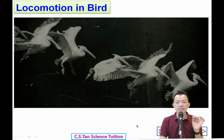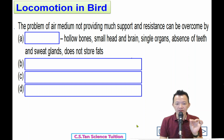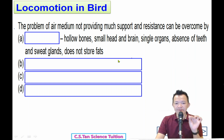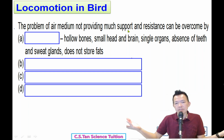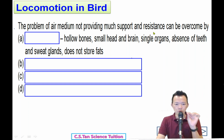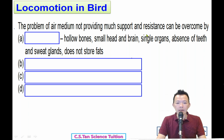Okay, and we call 鸡胸肉, okay, right. So how can birds fly? 鸟到底怎样飞呢？When birds fly in the air, they face a lot of problems. Number one, if you're flying in the air, you don't have any support. If you walk on the floor, the floor actually supports you. 它可以 support 着你. But when you fly in the air, there's no support and you cannot stop. You totally cannot stop. And also, air has resistance, 空气也是有阻力的。